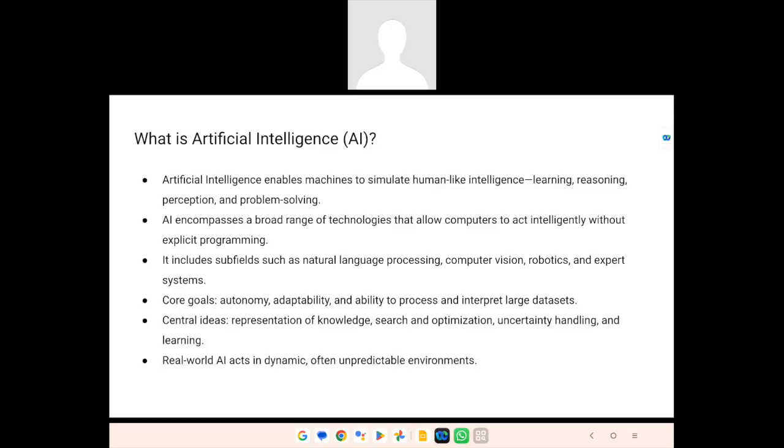It has been around from 2000. What AI is intended for is autonomous adaptability and the ability to assist and process information. So any AI technology is for autonomous capabilities and for adapting to several tasks.